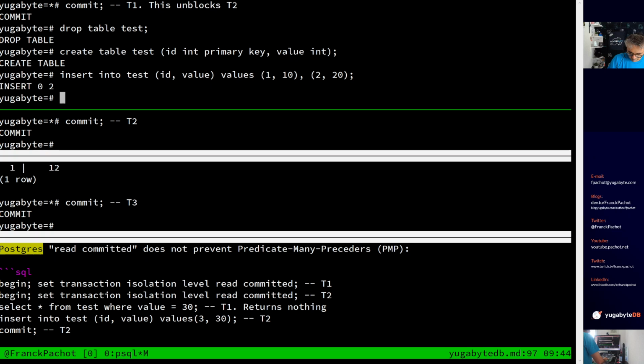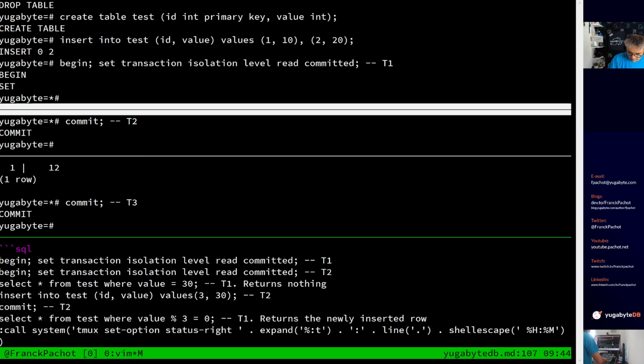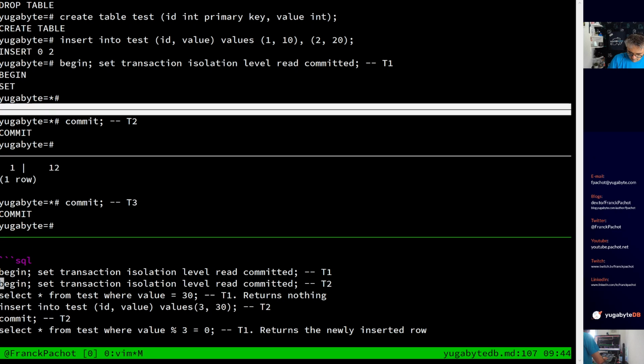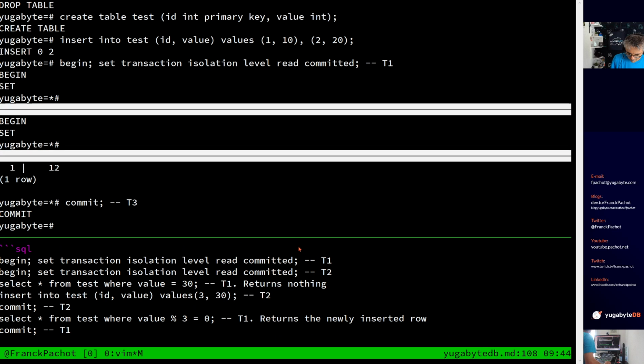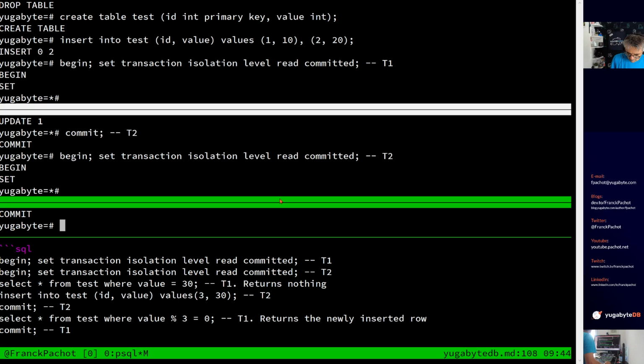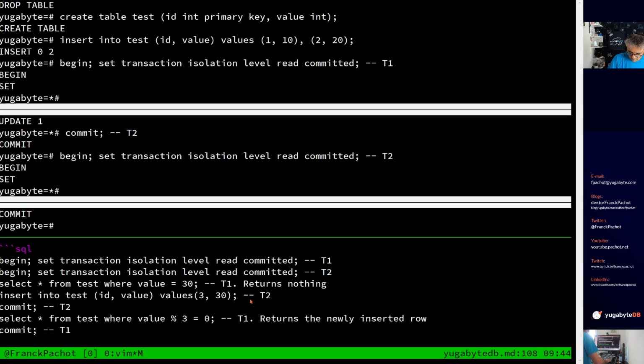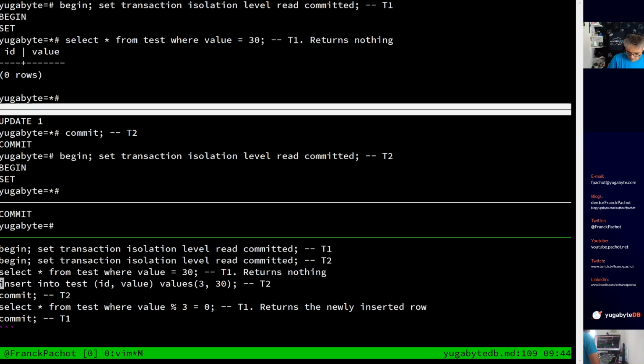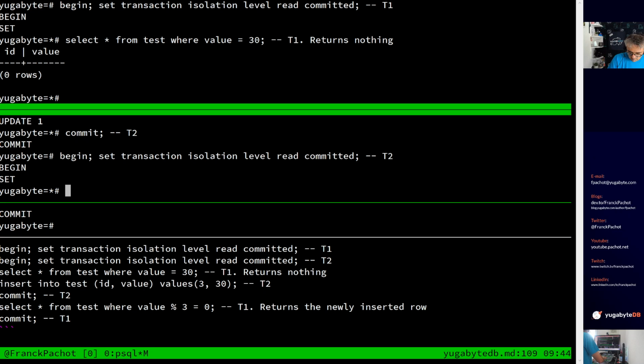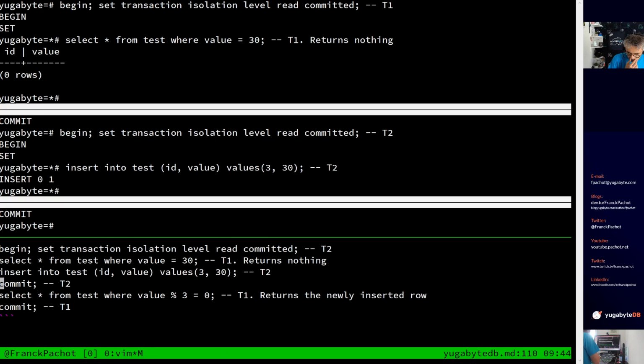So T1, T2. I think I don't need T3 for there, so let me just reduce it. I start the transaction everywhere. T1 selects for value 30, returns nothing, yes. T2 inserts